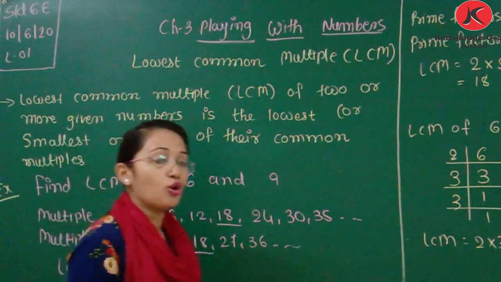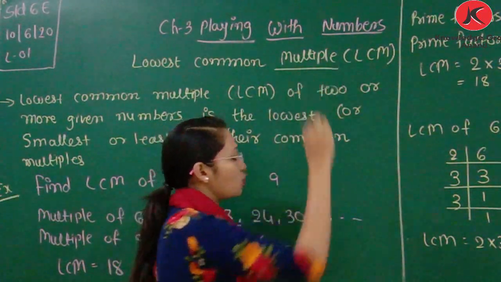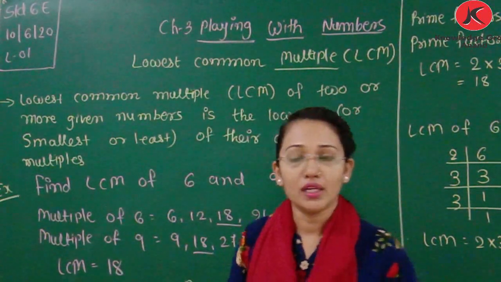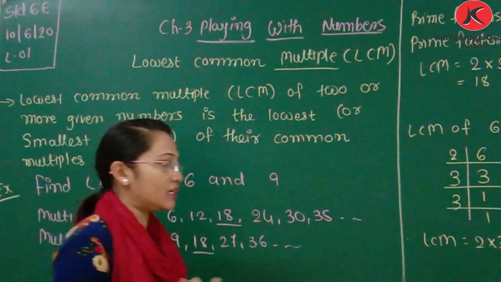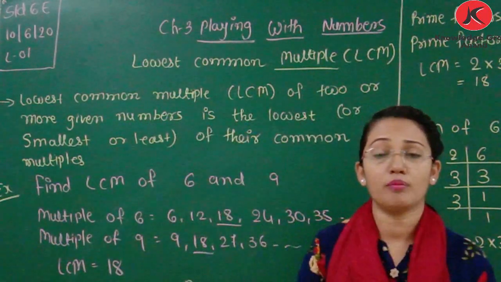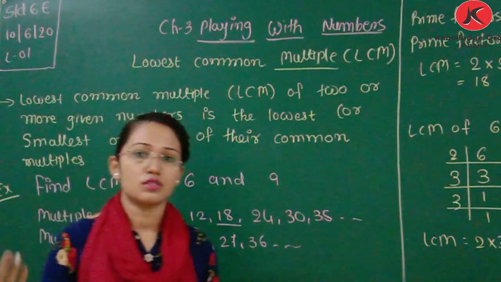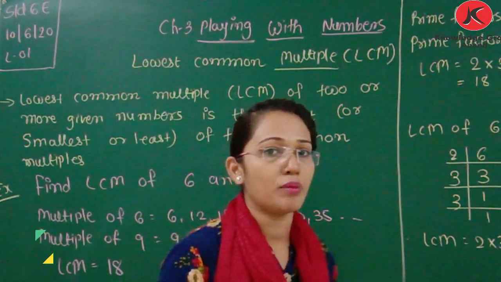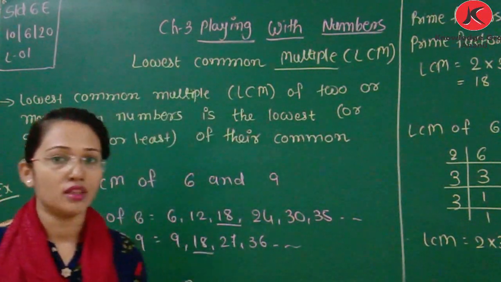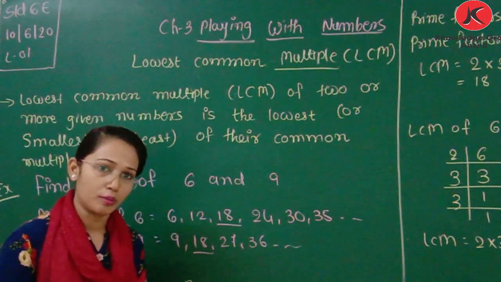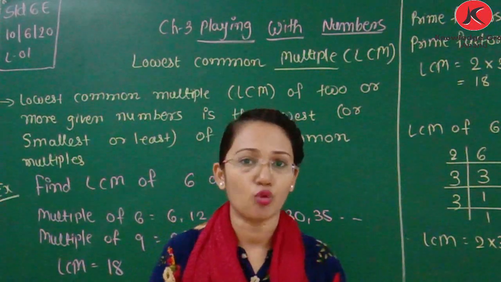Today we will start the lowest common multiple. LCM means lowest common multiple. How to find a multiple, we already learned in a previous video. We are writing the tables. If we want to find the multiples of 2 and 3, the multiples of 2 are 2, 4, 6, 8. The multiples of 3 are 3, 6, 9, 12. Likewise, we can find multiples, it is like a table. Here we need to find the lowest common multiple. We also learn how to take out common multiples.